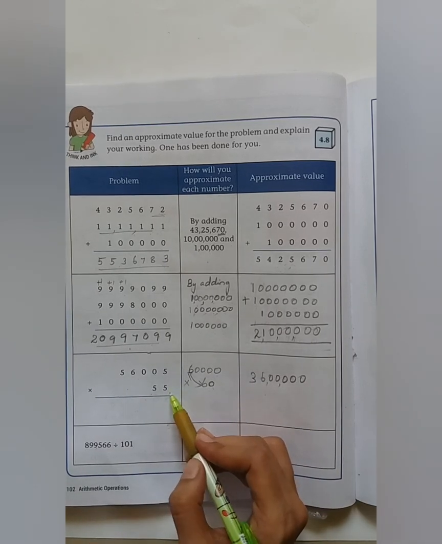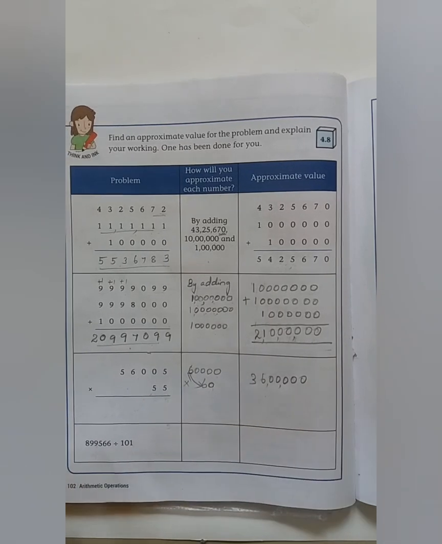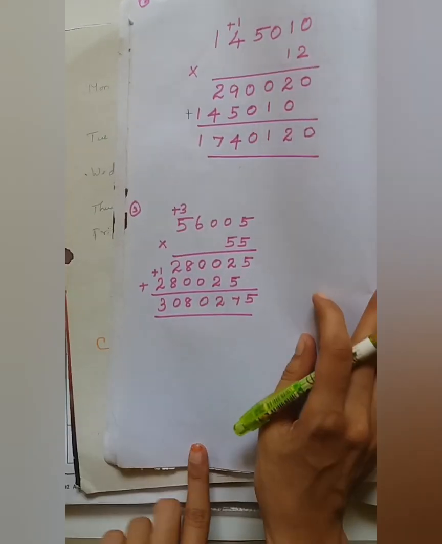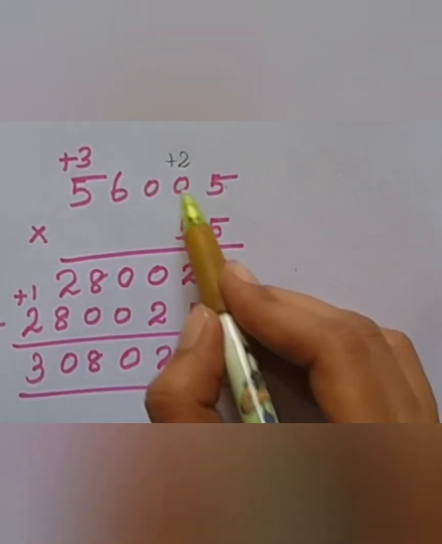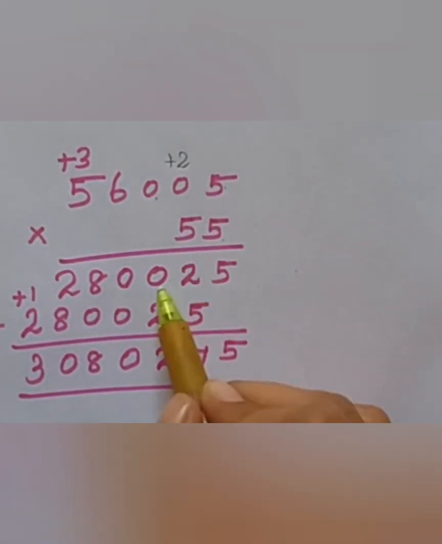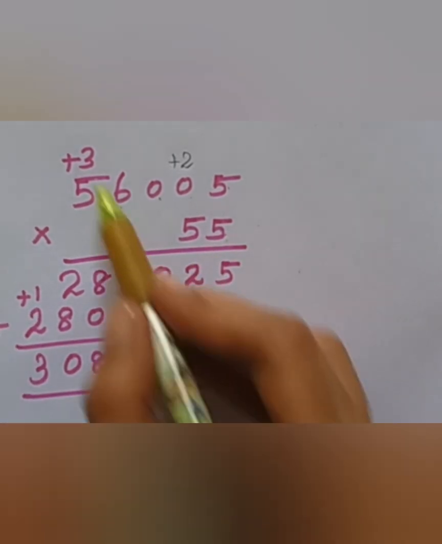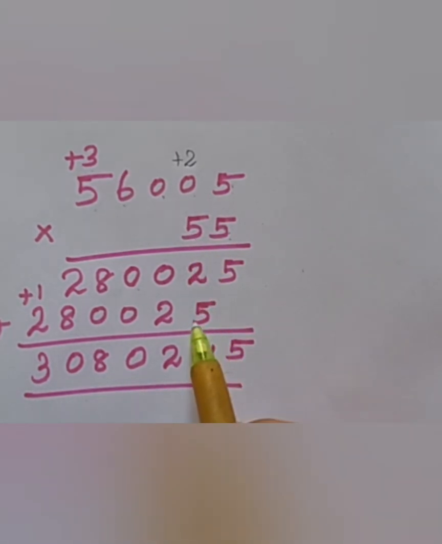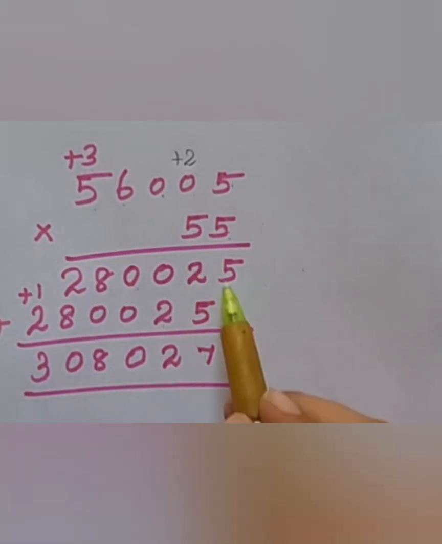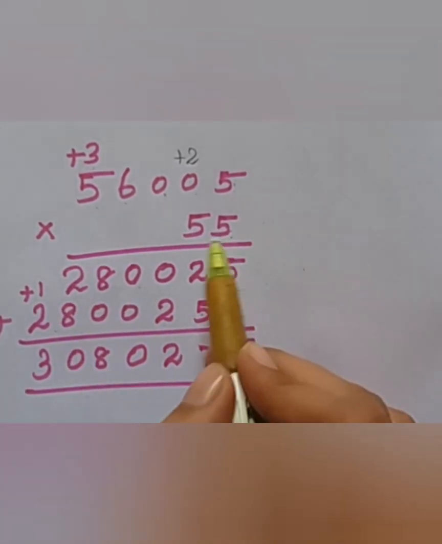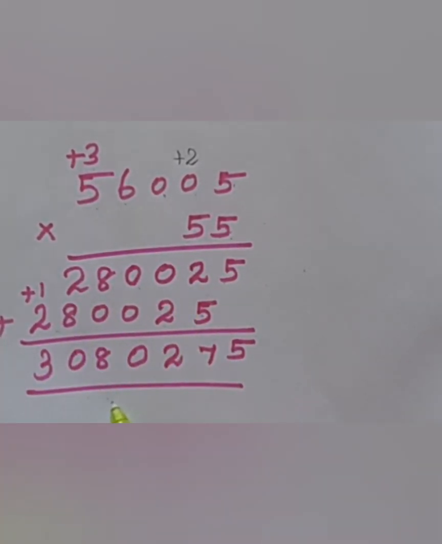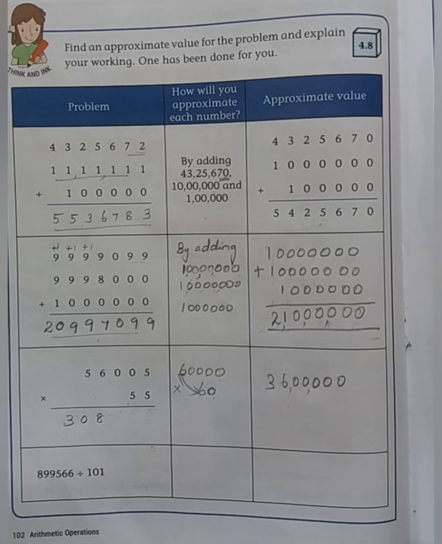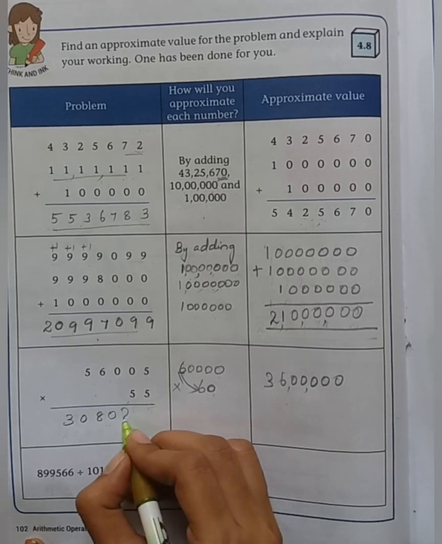However, I'll explain the third sum. The question is 56,005 into 55. I have done this on paper, I'll show you. 5 into 5, 25, carry over 2. 0 into 5, 0, plus 2, 2. 0 into 5, 0. 6 5s are 30, 0, carry over 3. 5 5s are 25, plus 3, 28. Again, multiplying by 5, you will get the same answer which we multiplied above, so I have written the same answer. For multiplication, we do the addition. After doing the addition, the result is this. The answer we have already found, so I'm just writing it here in the box. You have to do it on a sheet of paper and paste it.